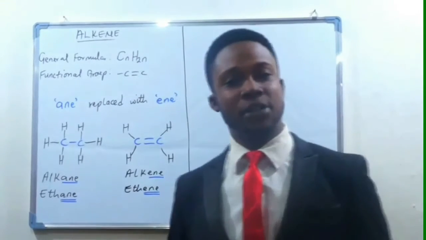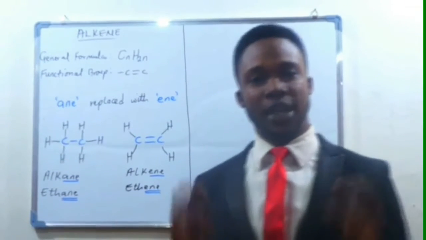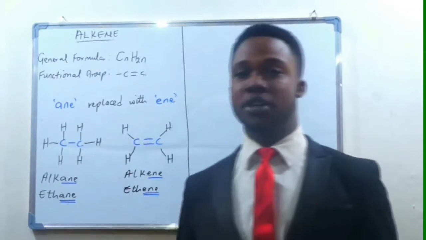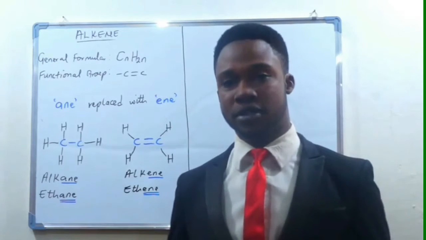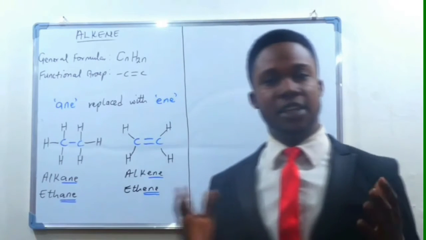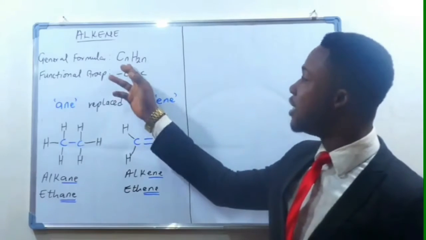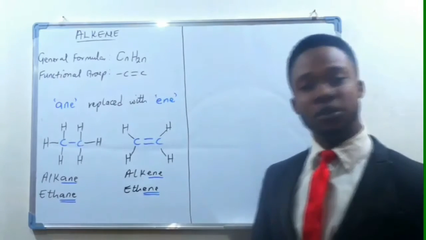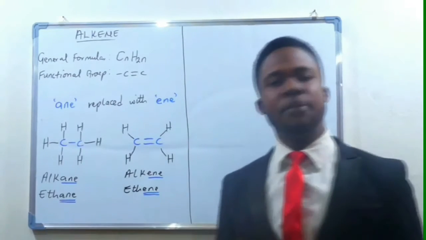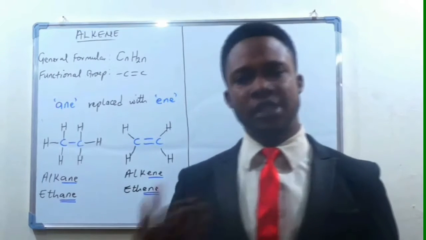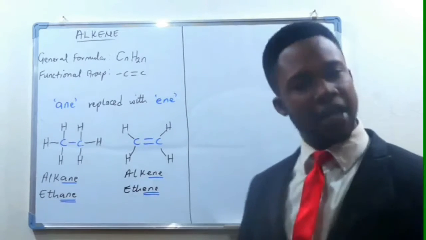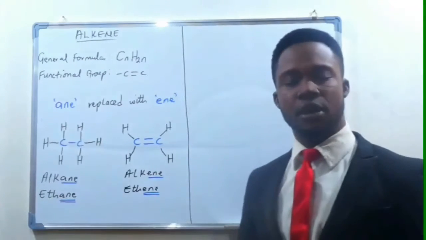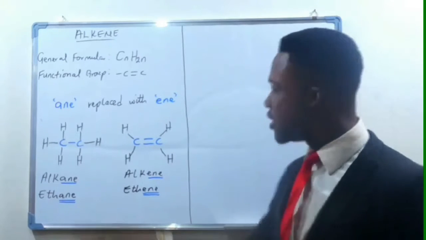Alkenes are organic compounds with double bonds between the carbon-carbon atoms in a carbon chain. And because of this, they are said to be unsaturated compounds. They have the general formula of CnH2n and a functional group of C double bond to C. The naming of alkenes follows the same procedure of naming alkane, only that the ending of alkane is replaced with